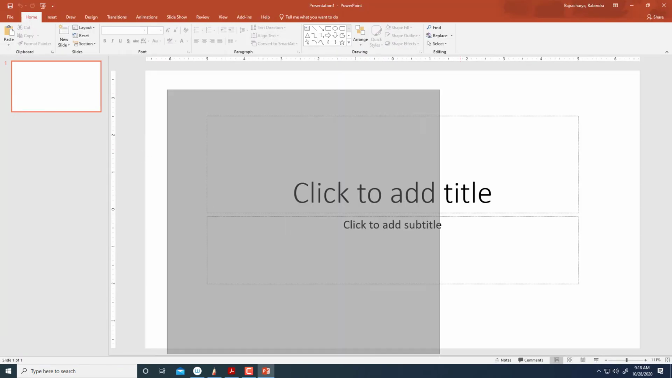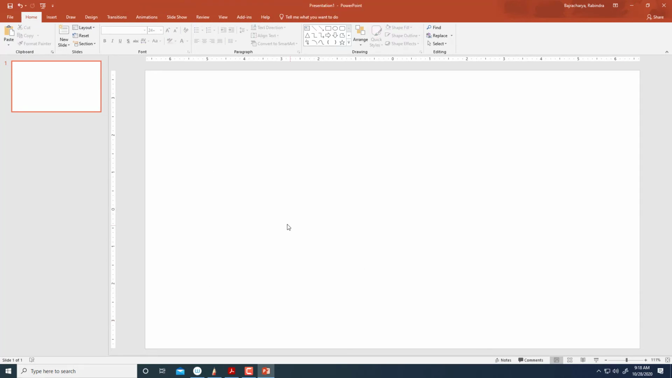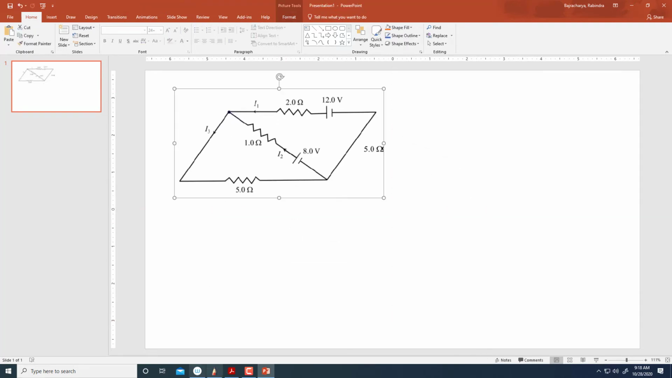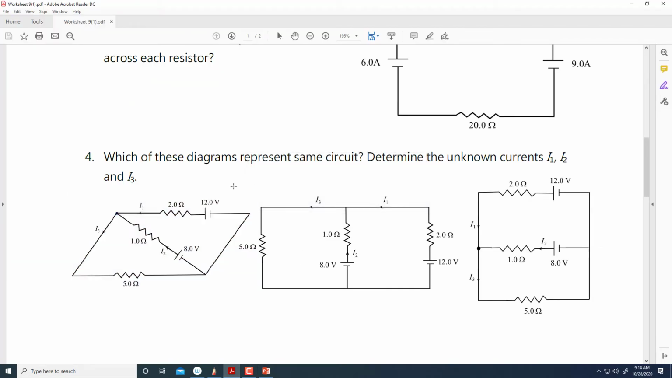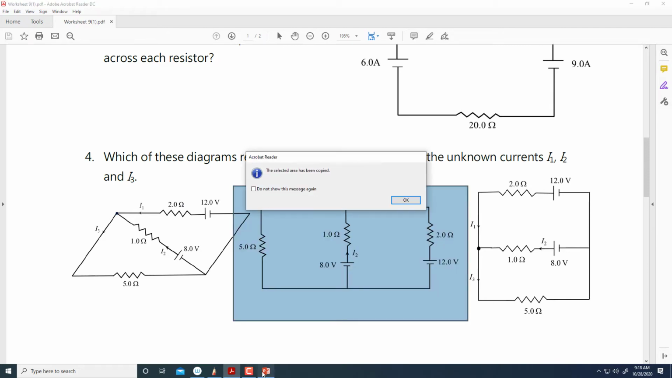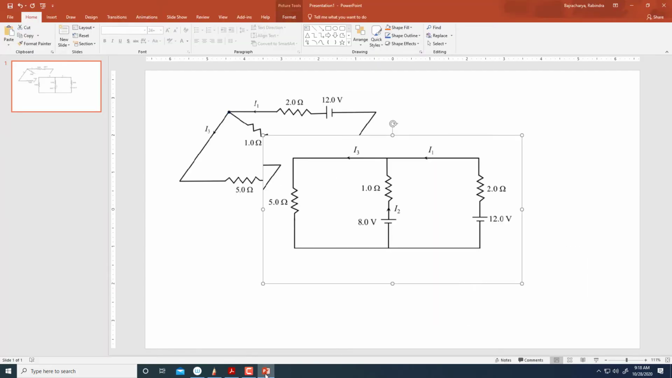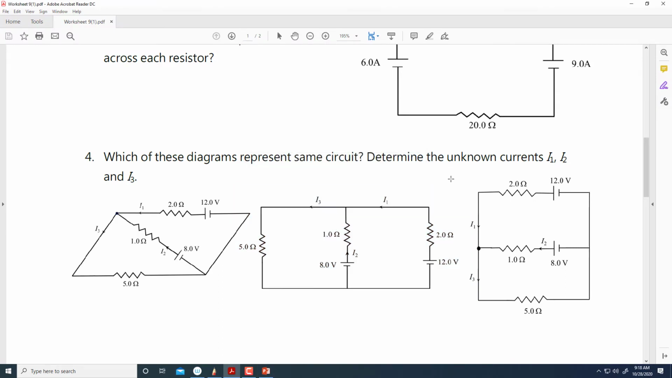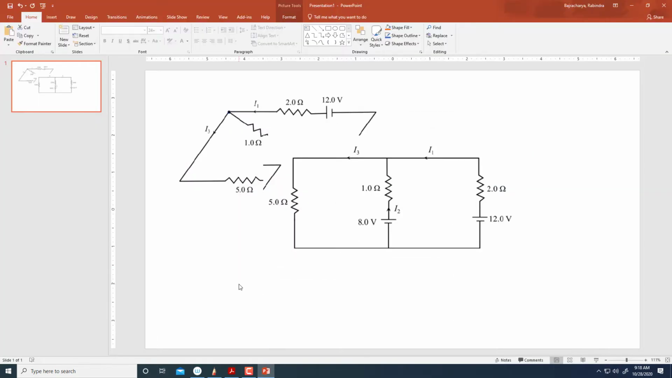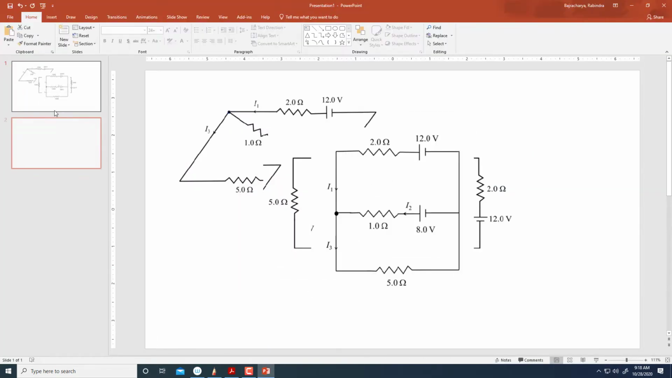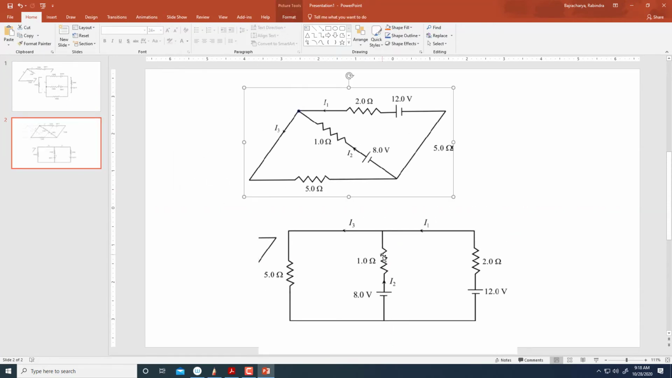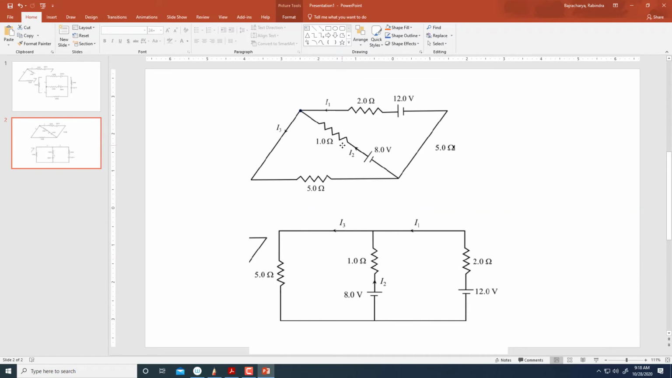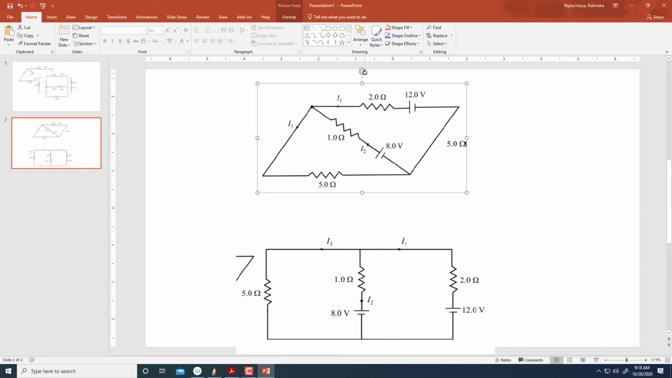There are different ways to write the circuits. They may appear different, but sometimes they are just the same circuits. So let's look at that. This one, this one, and this one. Let's look at these two first. So if I rotate this like this,